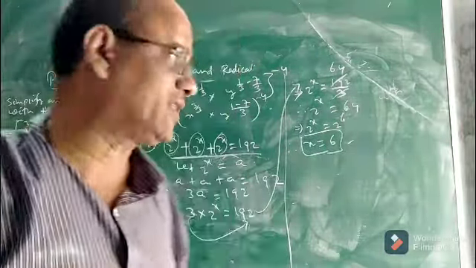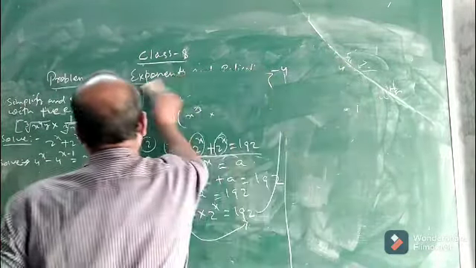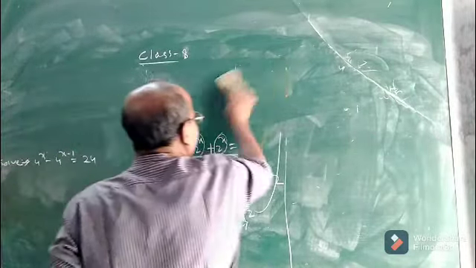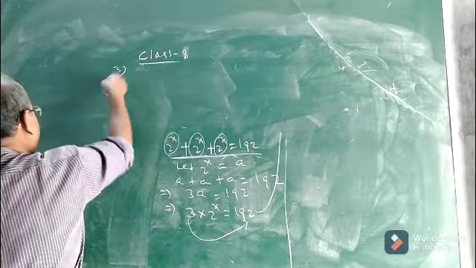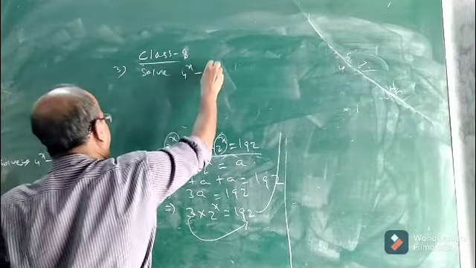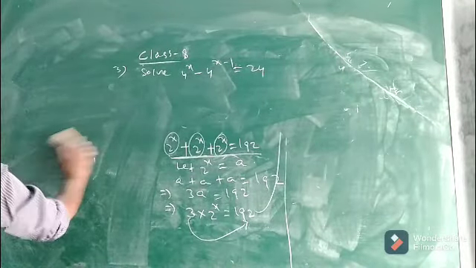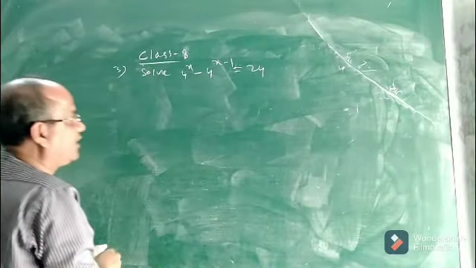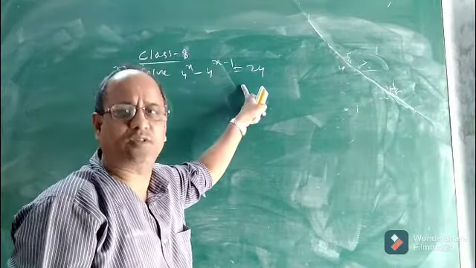Okay, let me discuss another question on exponential equation so that you will understand the thing better. I am giving another example. I am solving another exponential equation. Suppose you are given in another question: solve 4 to the power x minus 4 to the power x minus 1 equal to 24. Look at this exponential equation. How to solve and find the value of x? For what value of x will this exponential equation be satisfied?